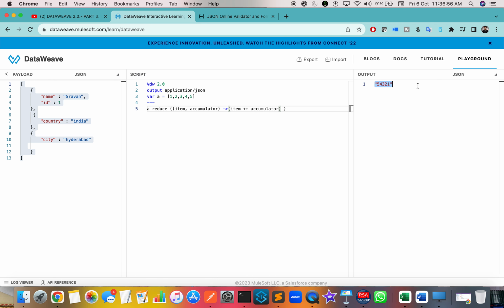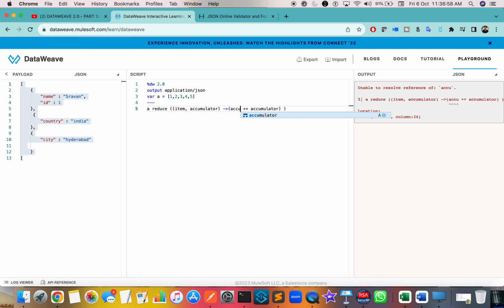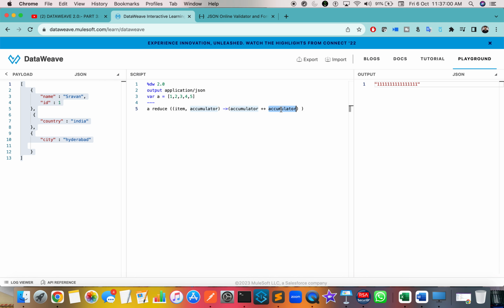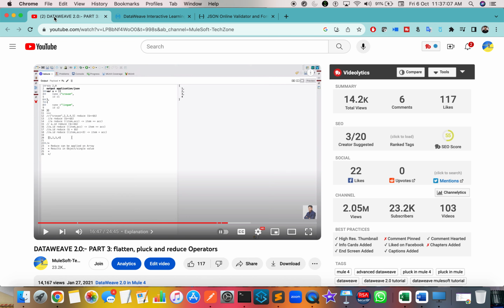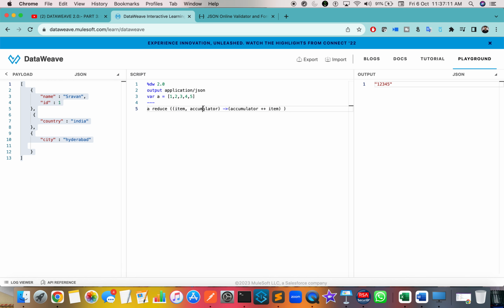Okay, it will give 5 4 3 2 1. Or what you can do is write first accumulator and then item. Okay, and then for this particular item you can add plus 3, or what you can do is here only, if you define accumulator equal to 3,